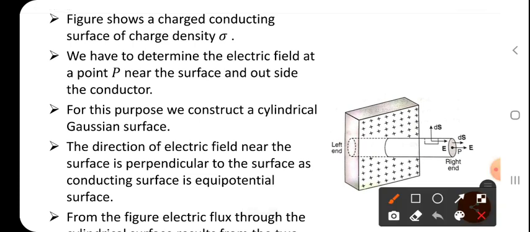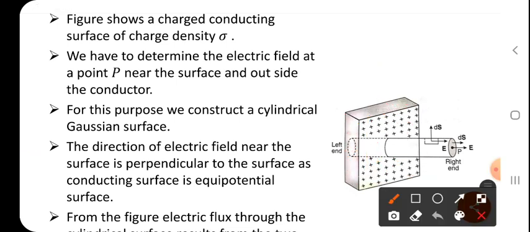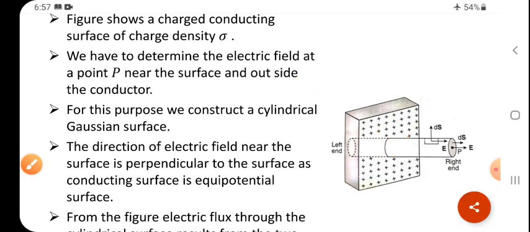If you want to take rho, then you must place charges on every side. Here we are keeping charges on only one face, which is a 2D dimension: length is there, breadth is there. In 2D dimension only we take sigma. If you want to take lambda, then charges must be placed on a line only, then we take lambda. But here charges are not placed on a line, they are placed on the surface. That is why we are taking sigma.